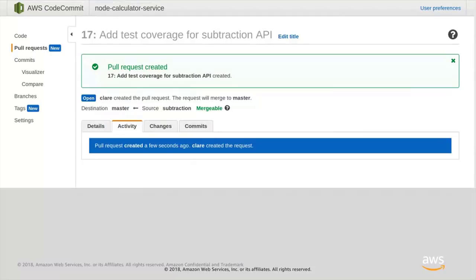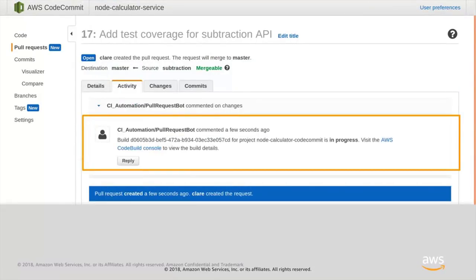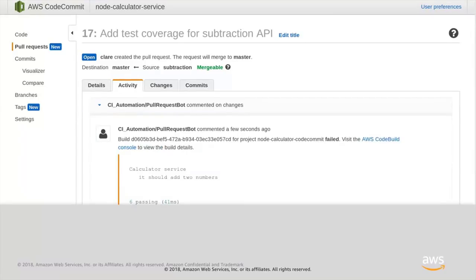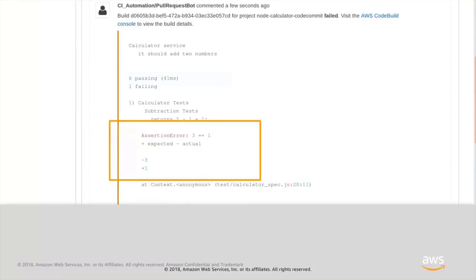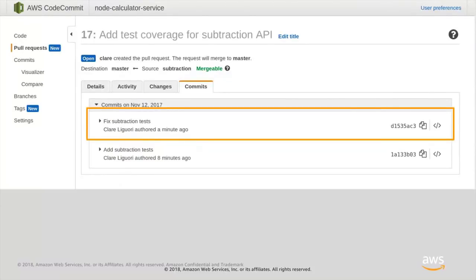And we can go into the activity tab and see the pull request is created. And we can start to see some more activity as this continues to go through the build process. So we can see that particular pull request has been in process of being built. And then we see that it failed. So in CodeCommit, we can see that output from that build to see that there's an assertion error with our unit tests. So we can go back and provide a fix for that error, and